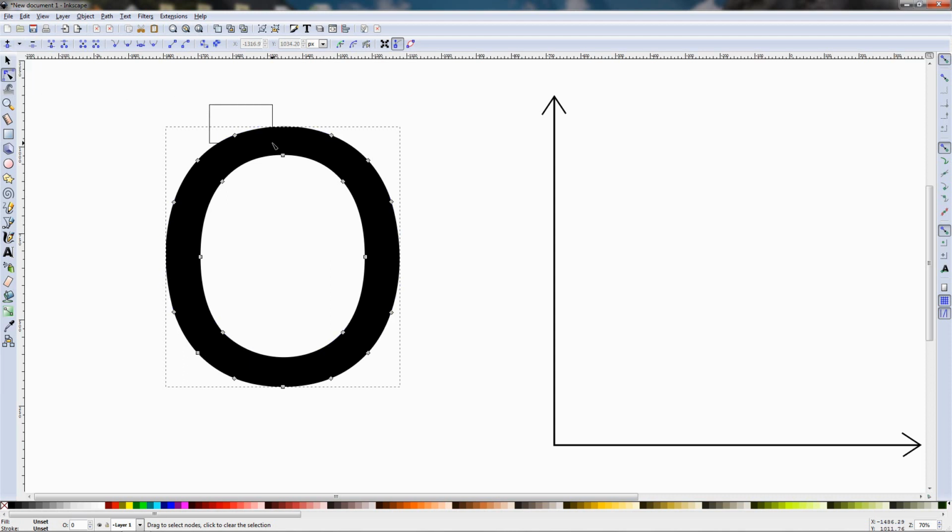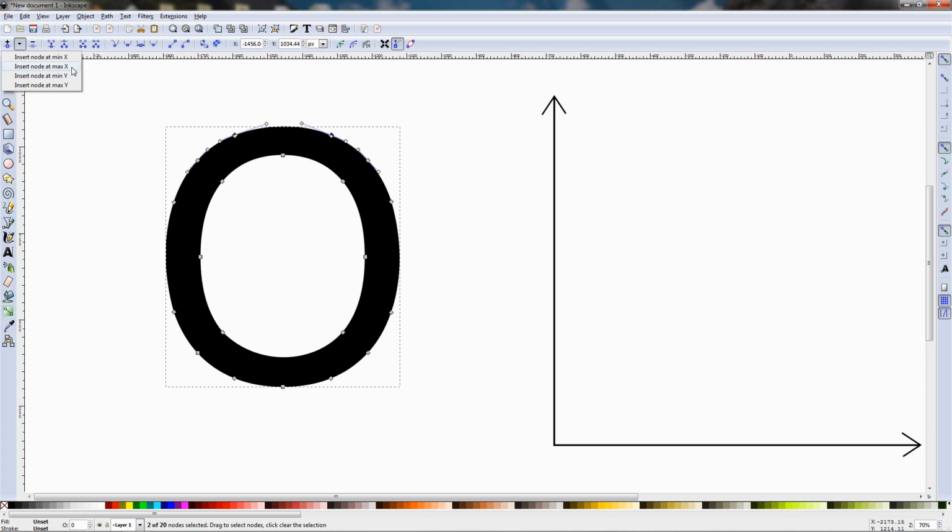Next, I'm going to click and drag like this to select these two nodes. Click on the option over here, and we can only insert nodes in the segment which is in between these two nodes, and there is nothing on the left, there is nothing on the right, and also these two nodes are the lowest point of the segment, so there is nothing below them as well,